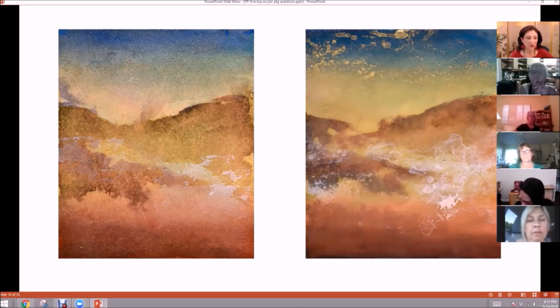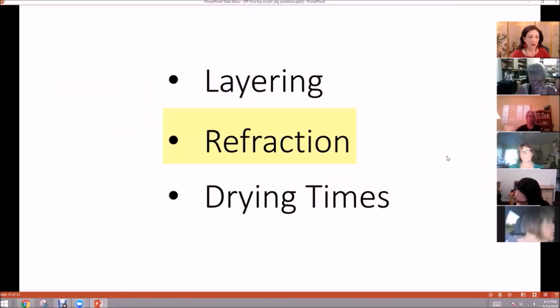Just a different idea of layering. So, okay, here again are the 3 ways to make acrylic look and feel like oil. We talked about layering, and now let's talk about refraction. Not to get overly scientific, let's just say refraction affects how a color appears to us as it is seen